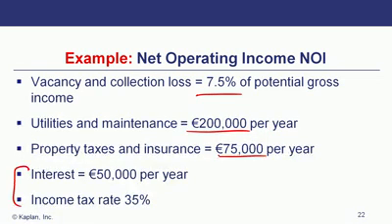Interest is going to be $50,000. The income tax rate is 35%. If we plug all that in, what do we get as NOI? Okay, well, of course, this would be not atypical of what you would see on the exam, meaning that they've